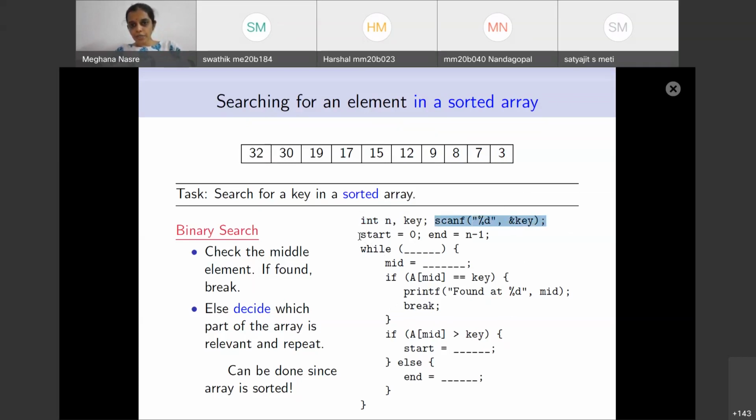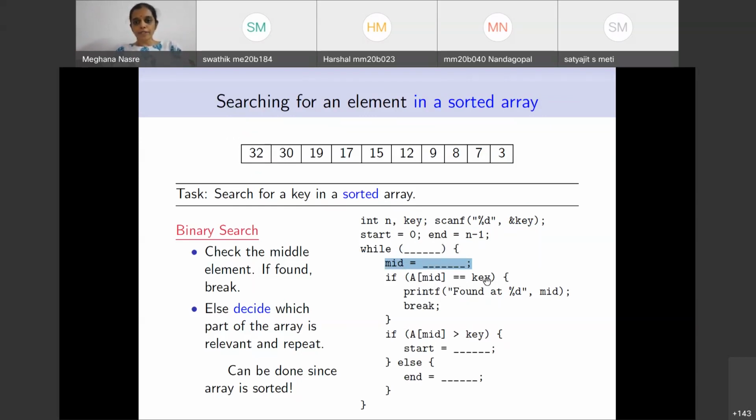I'm saying that I have two integer variables, start and end, which are initialized to 0 and n minus 1, to denote that start lies at the first index of the array and end lies at the last index of the array in which we want to search to begin with. You need to fill in this while condition. Then you have to write an expression which will compute the mid index for this array given this start and end. Please use this start and end so that you can compute mid using start and end.